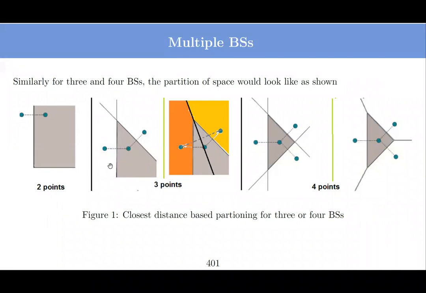Similarly, I can create a bisector here, and for all the points this base station is closer. And then for these 2 points, I can create another bisector here, right? And it says that all the points on this side of it, for them, this base station is closer than this base station. So this is how we can